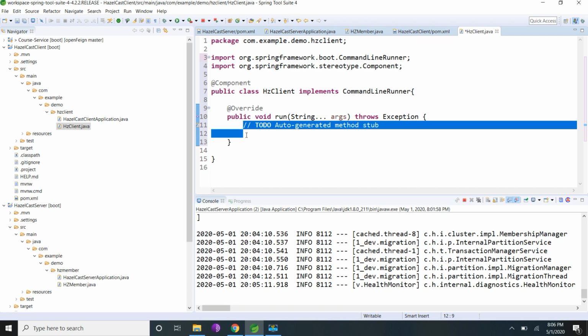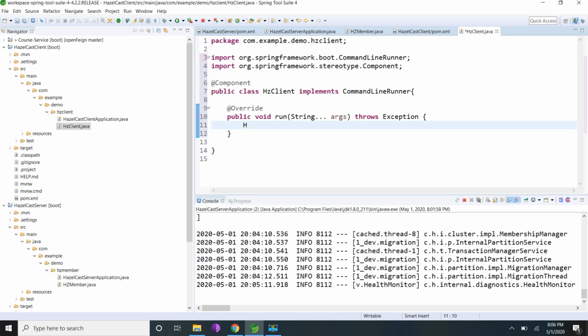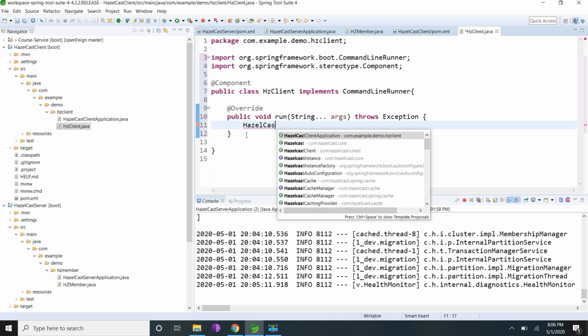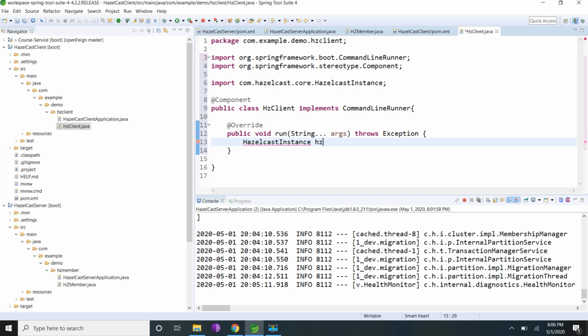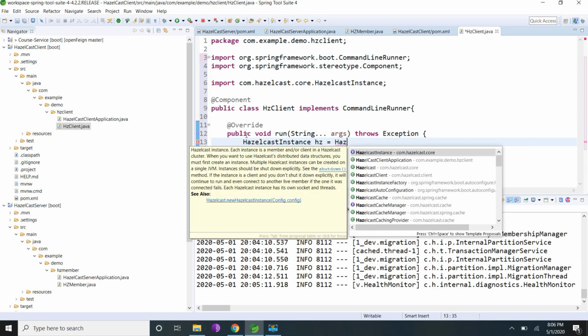So here I'm going to get my Hazelcast client instance. So whether it is a client or a member, the Hazelcast instance is the same. So I'm going to use HazelcastInstance hz. Here I have to use HazelcastClient instead of Hazelcast.